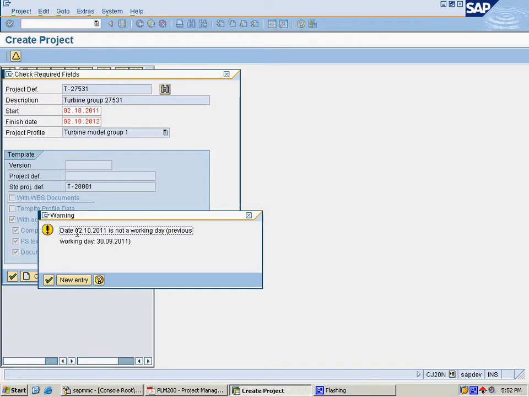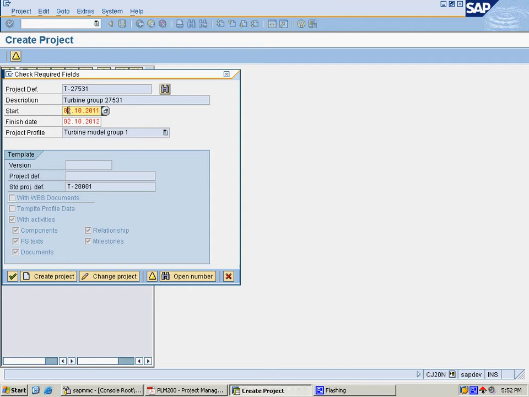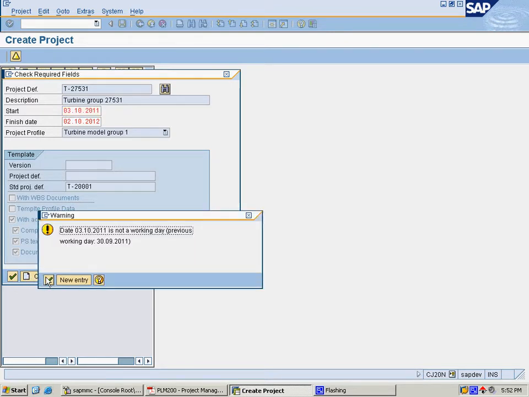It is mentioning that today is not a working day. It is asking us to choose another new entry. We will choose that. Today is Sunday, so we will choose Monday as a working day, and we will see even 3 of 10 is not a working day. We'll choose another day. We pressed the OK button, so it will consider the warning as negligible, and it will proceed to copy